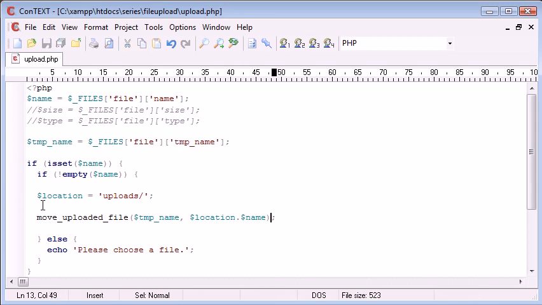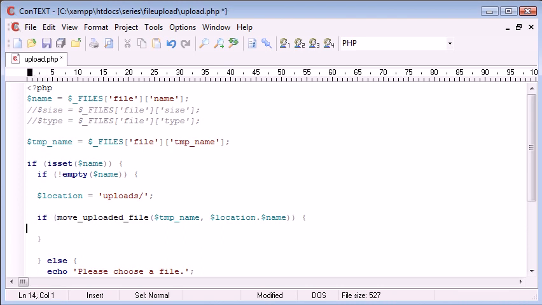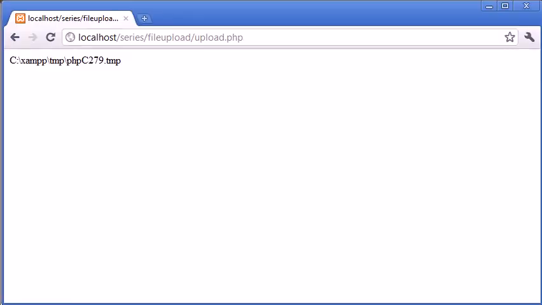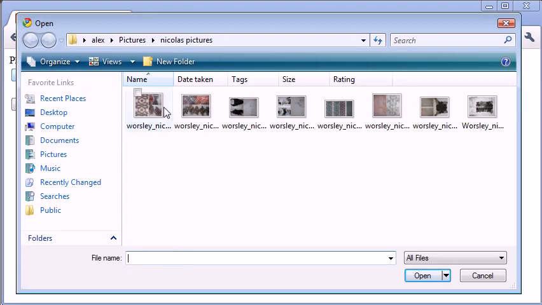So to make sure this works a bit better, I'm going to enclose this function in an if statement, and then if the file is successfully uploaded, I'm just going to echo uploaded. Okay, so now let's test this out. Let's go back to upload.php. I'm going to click submit and it's telling me to please choose a file, so that's just testing our validation. I'm going to choose this image called